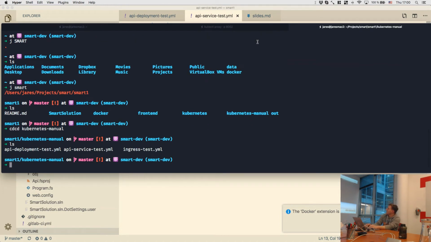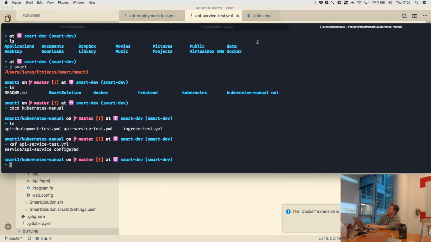Okay, finally. kubectl apply file API service. Now we configure the service. So now we have it. Now we have the IP. We can